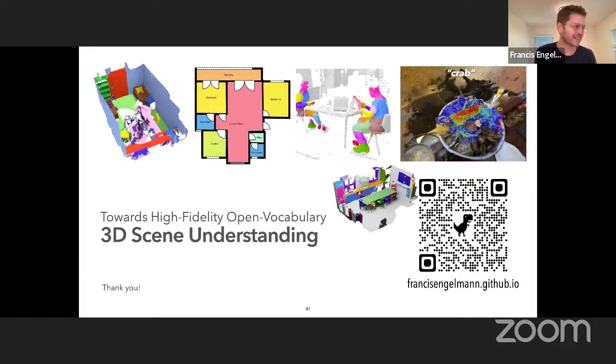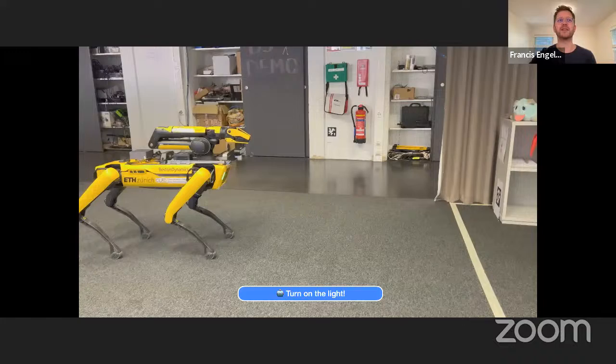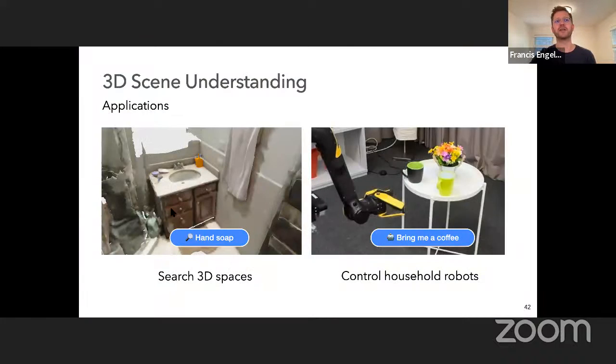Yeah, I think it's a very good point. Coming from a computer vision background, currently it's a lot focused on individual objects, but going forward, you also might think about the interactivity with the scene, right? The functionalities of the individual objects. Actually, it's something that we are looking into. What I showed you is that you can now search 3D spaces for particular objects, maybe even concepts. But you could also think about